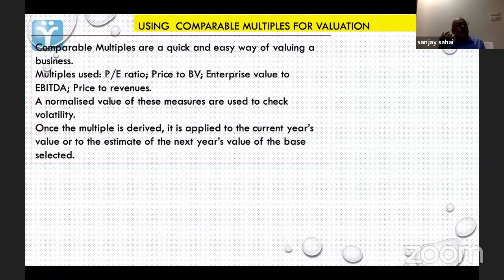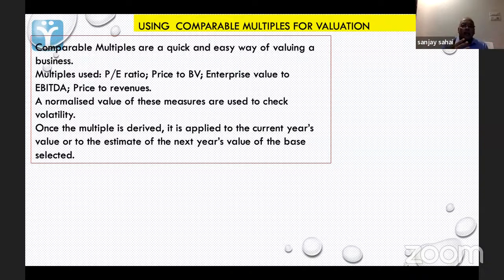Now, another way of valuing a company is by comparing different ratios that the company has with its peers, similar companies in the same industry of similar size. If you can get a group of such companies, you can begin to compare the price earning ratio